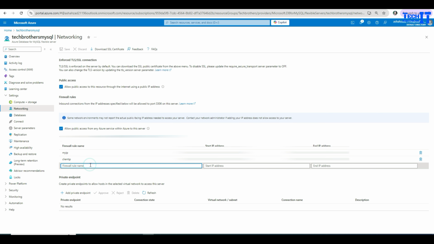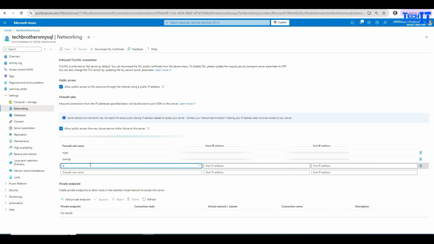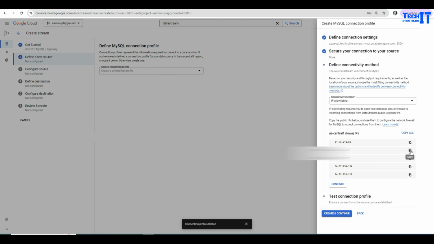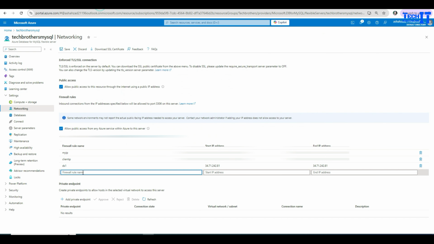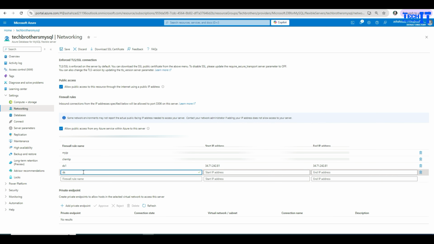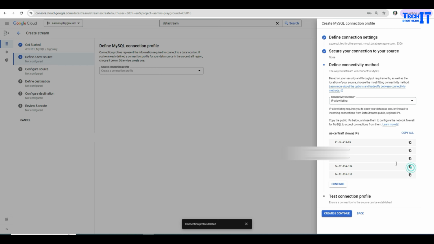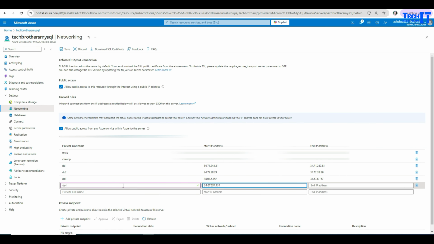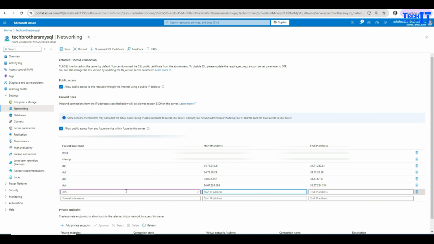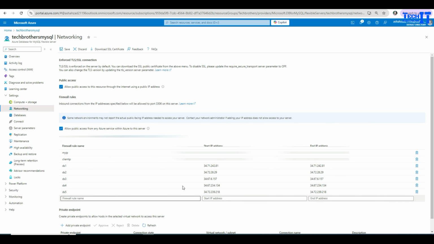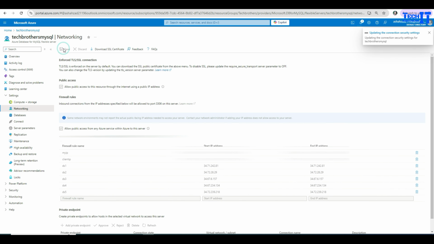of them. So let's call it DS data stream 1. I'm just going to give them, you can give the range as well if you like, so that's fine. Let's copy the second IP, and then we'll keep adding all of them one after one. Okay, all the IPs have been added, and now we are going to hit the save button here, and it's going